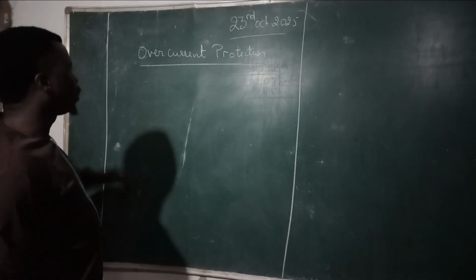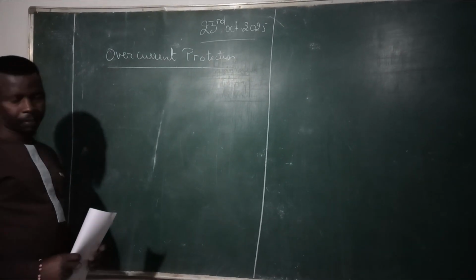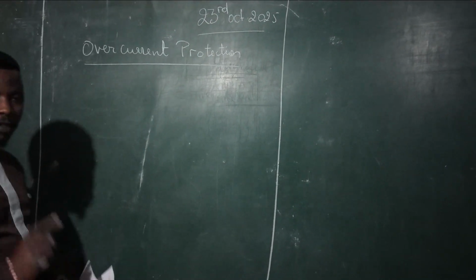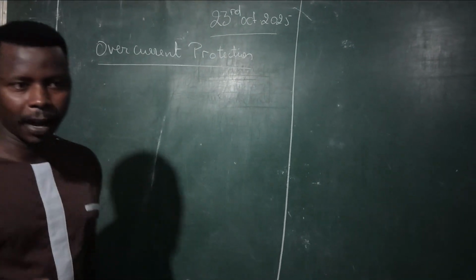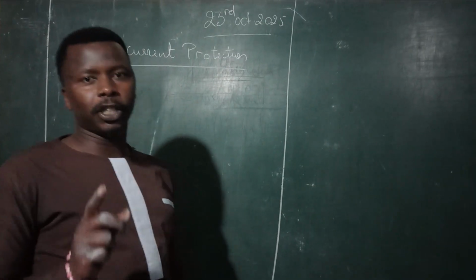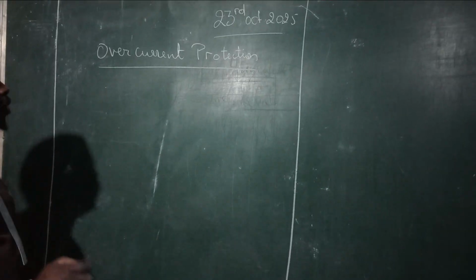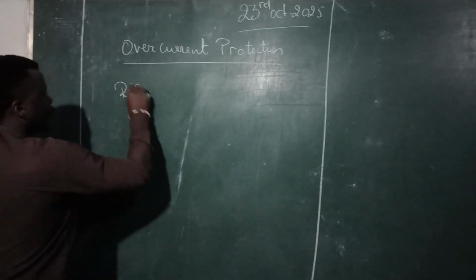Now this one we are going to continue our courses. For today we are going to look at overcurrent protection. Last time we saw residual current protection. As a reminder, we have seen that for the residual current protection,